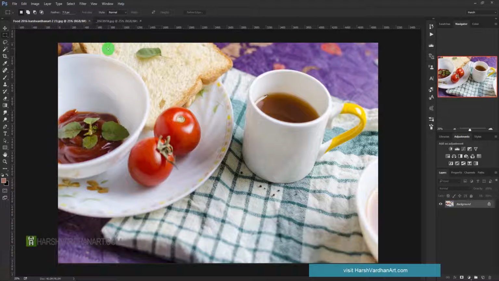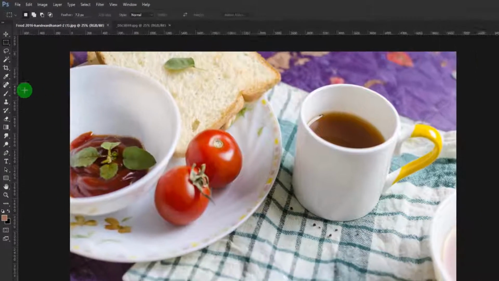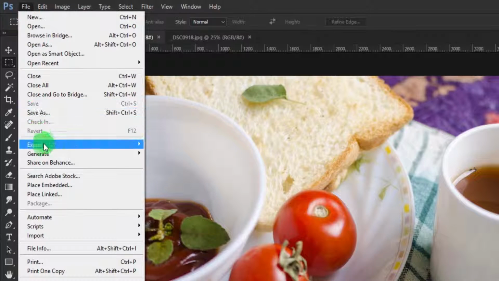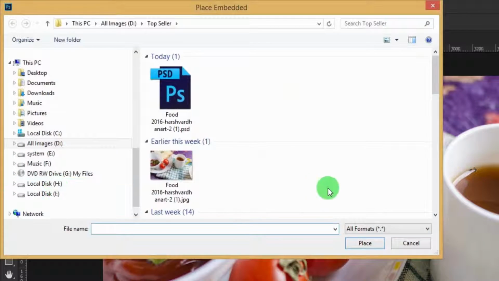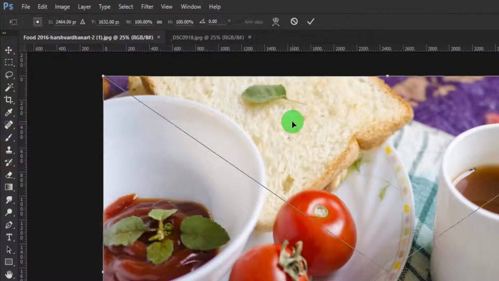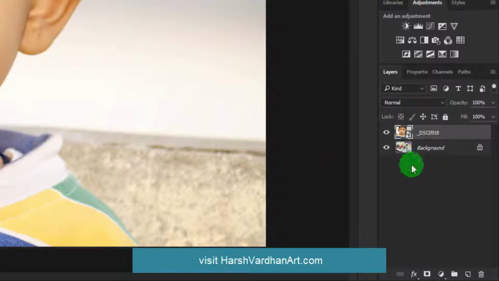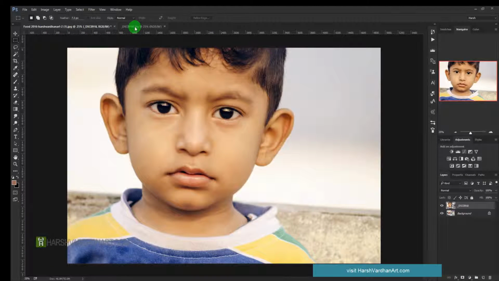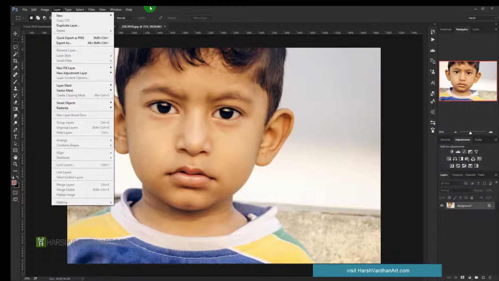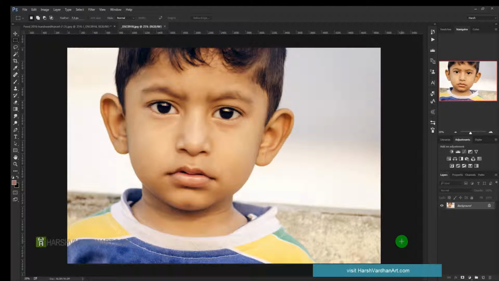So if you want to open the second image in the same document as a separate layer, you just need to go to File and select Place Embedded, browse this file, and press Enter. Here you can see the second image is also opened in the same document and as a separate layer, unlike the previous step where we used File and Open, and that opened in a different document.